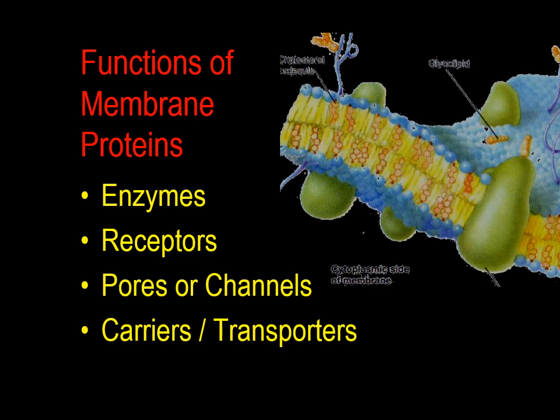Other proteins act as receptors or antennae for the cell. For example, in the membranes of photoreceptor cells of the retina of our eyes, we have a group of proteins called opsins that respond to light by generating signals. The hormone insulin works by binding to receptors in the plasma membrane of its target cells.